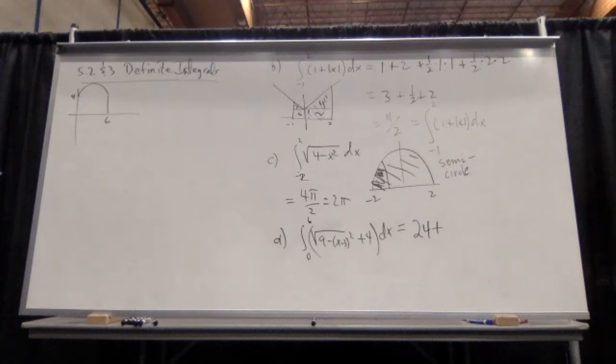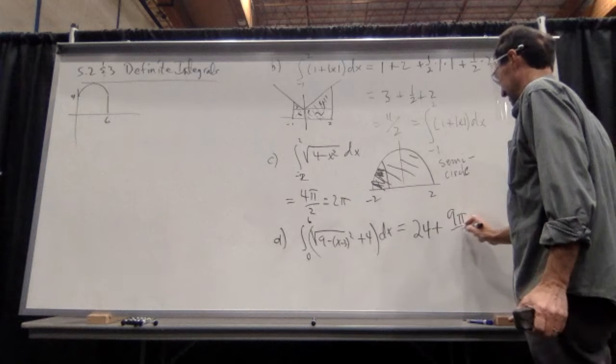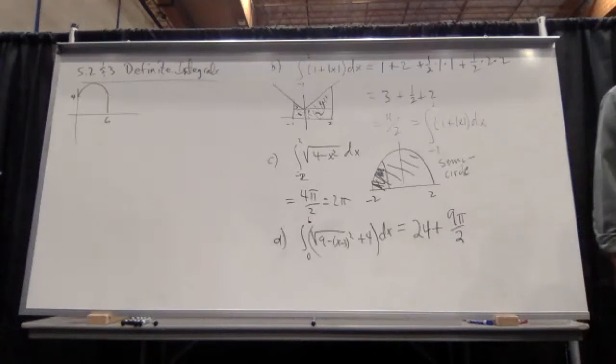The full circle, radius 3, has how much area? Nine pi, did you say? But we have a semicircle. So divide it by 2. So the value of that integral is 24 plus 9 pi divided by